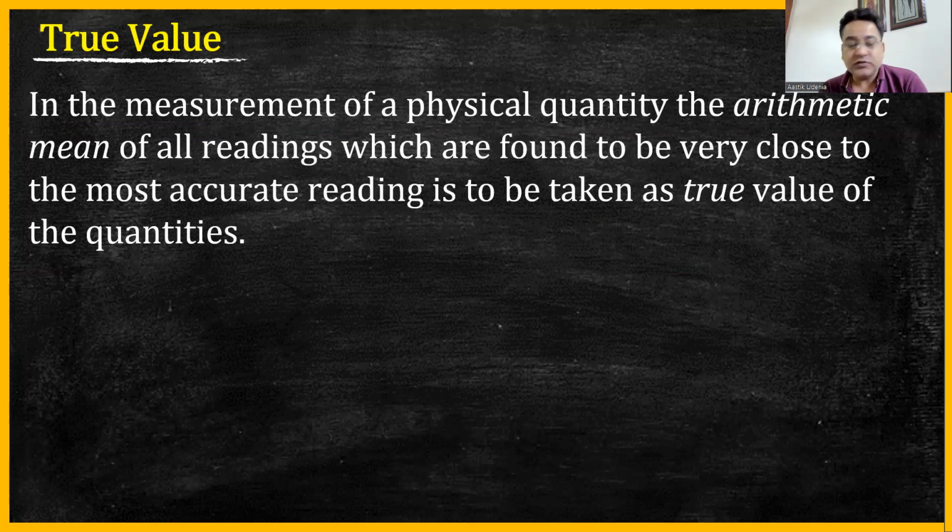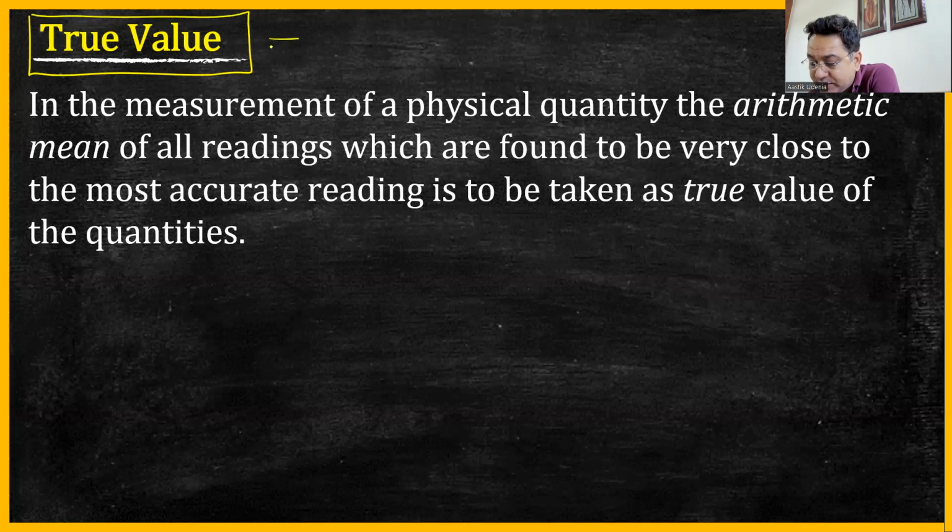Now, whenever we talk about measurement, we are measuring something. When we are measuring something with measuring instruments, there is always a difference between the actual value, the length, breadth, height, whatever you are measuring, area, volume, and the length, breadth, height that we have measured. The actual value or the real value may be called as the true value. Now, remember and don't get confused. When I say true value,